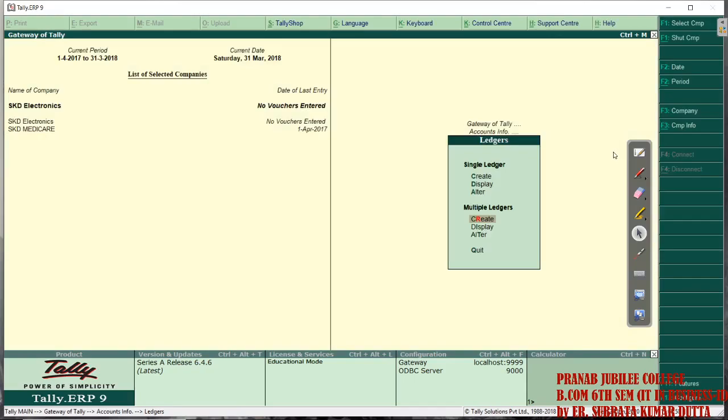If I have to save multiple ledgers under one group, then I can do it directly in multiple ledgers. At once they will be created.